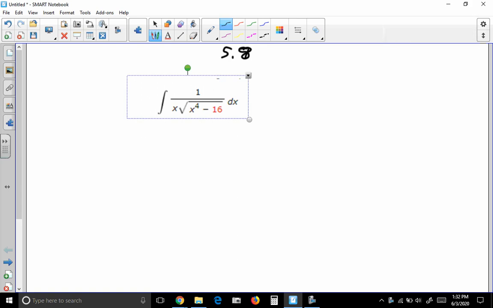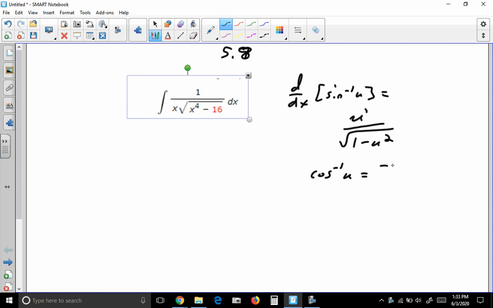So as we start 5.8, we need to introduce three new integrals. In the last section, we looked at the derivative of inverse trig functions. And one thing that we notice is that the derivative of inverse sine and inverse cosine were essentially the same thing. The derivative of inverse sine was u prime over the square root of 1 minus u squared, where the derivative of inverse cosine was negative u prime over the square root of 1 minus u squared. Now, yes, those are different, but the only thing different is their sign, the positive or negative, which means